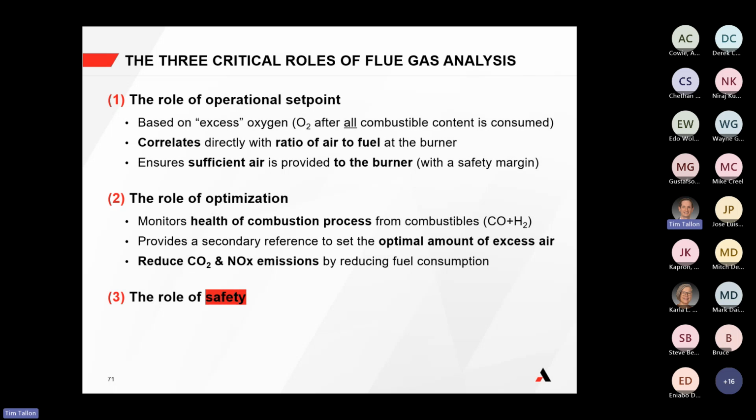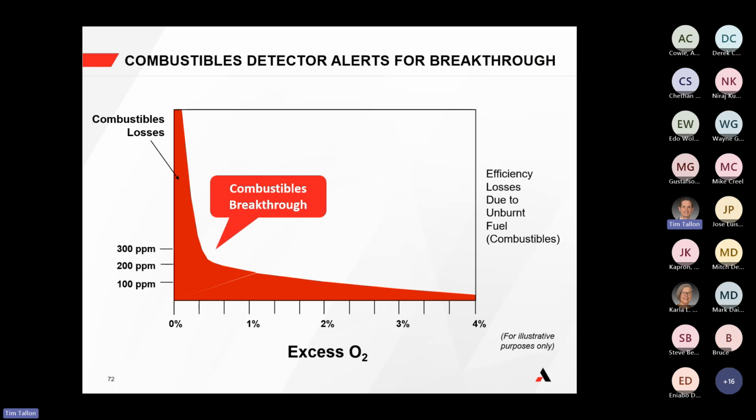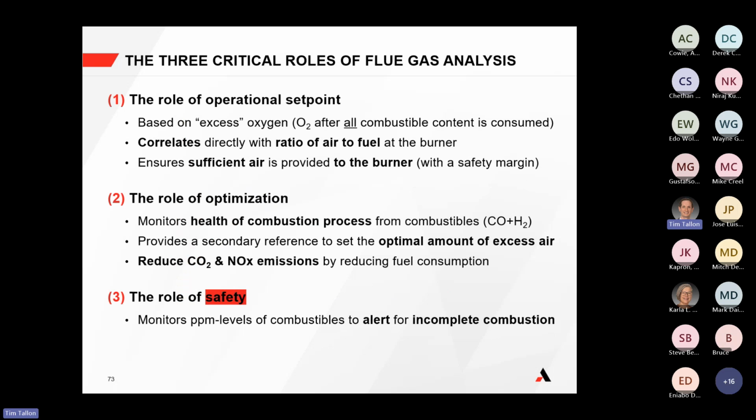When we think about flue gas analysis and safety, we've already talked about combustible breakthrough. Combustibles detectors alert for this combustible breakthrough set point. So this is a very important part of combustion optimization, monitoring for these ppm levels of combustibles and alerting for incomplete combustion. Very important for the role of safety. There's also